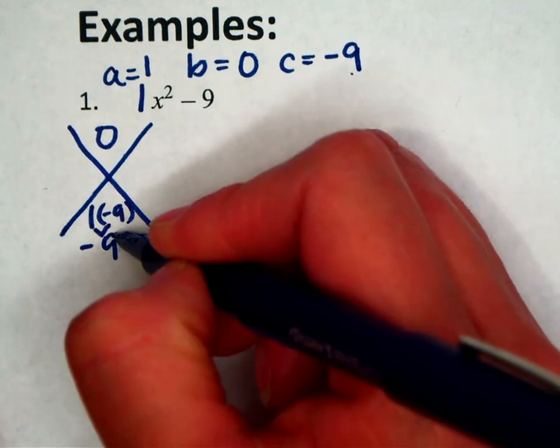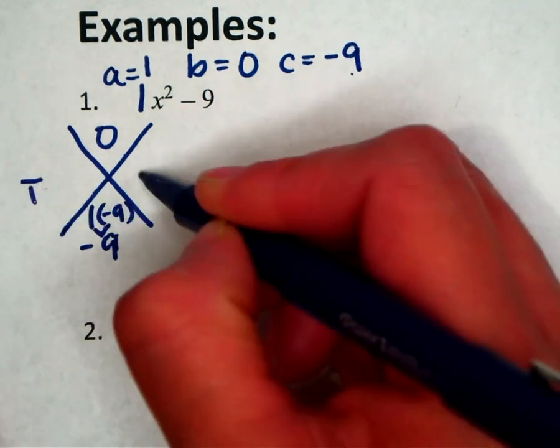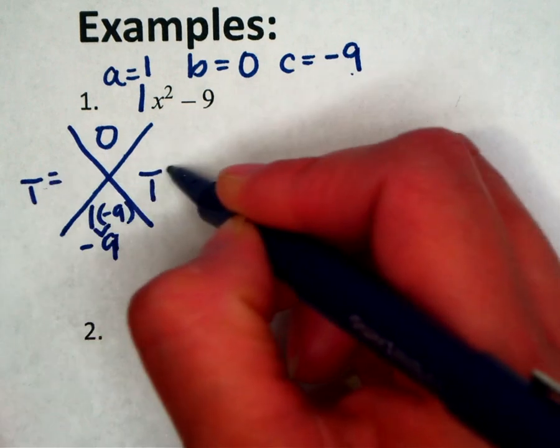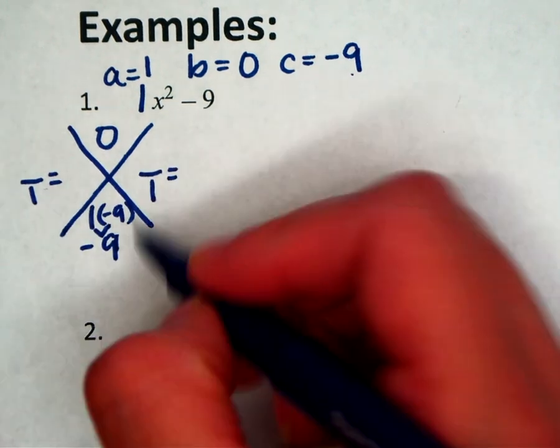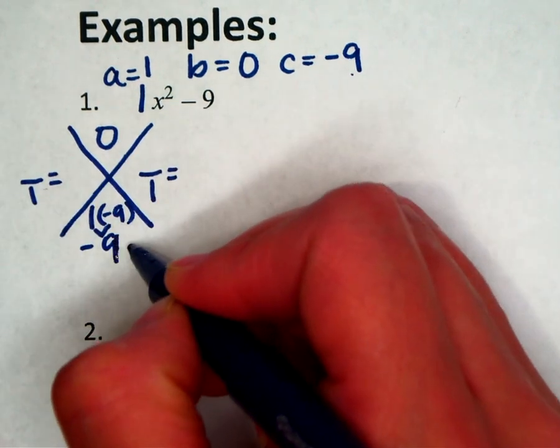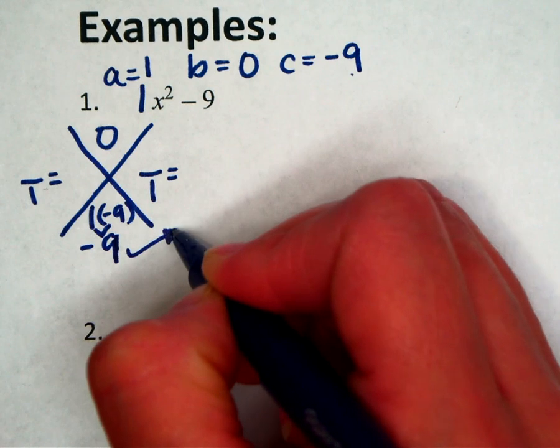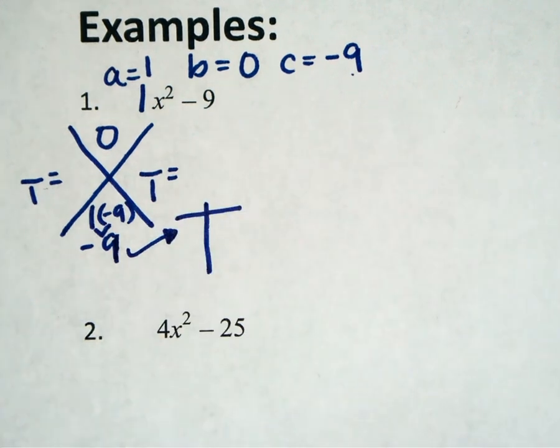And this time, I'm going to be dividing by 1, and it's not going to change my factors. I need to come up with two factors,